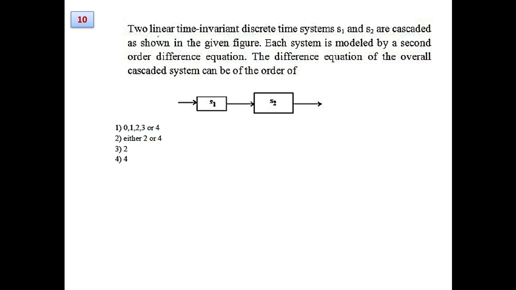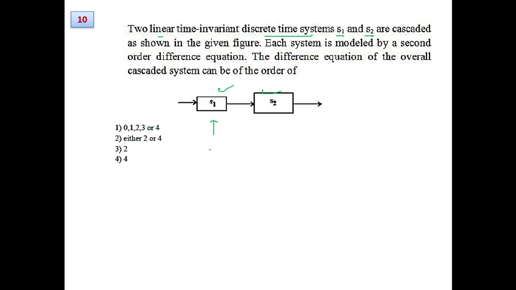Next question is, there are 2 linear time invariant discrete time systems. These are represented by S1 and S2 shown here in the diagram, and these are cascaded. Each system is modeled by a second order difference equation. So since these are discrete time systems, there will be a difference equation representation of each individual system,